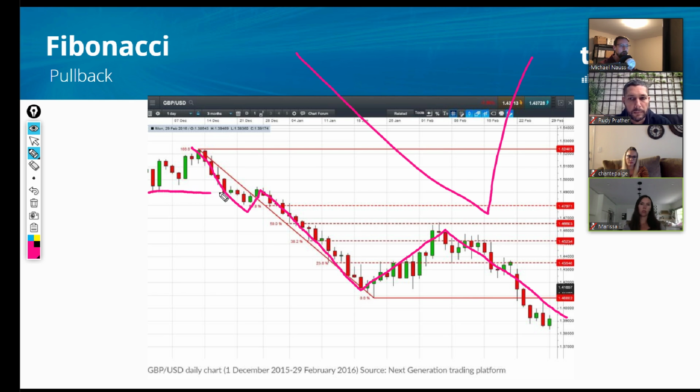And we've talked about how quite often if something breaks down through support, it will come back and touch support and then move lower, and why that happened with my 2 timing bastard play. Sometimes